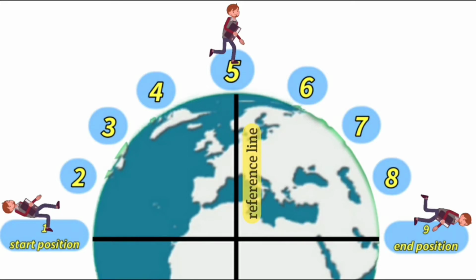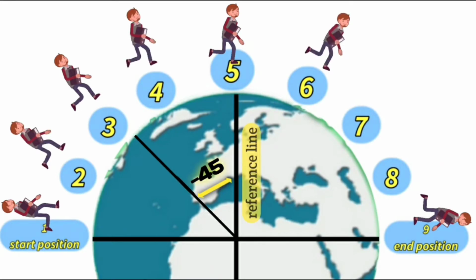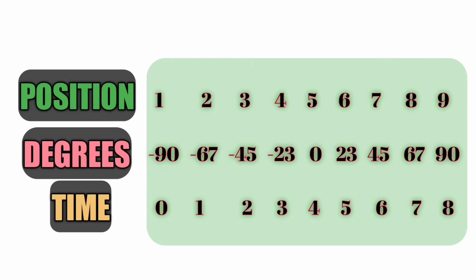Let me explain the rotation for point 3, which is in the middle of point 1 and point 5, and point 1 and point 5 have an angle of 90 degrees between them, so it will be divided by 2. Hence the rotation of point 3 is minus 45 degrees. Like this, we have to do the math and find the rotation of all the other points as well. You can see the rotation of other points on the screen and let me know if you have any questions on these in the comment section. So the calculation part is done and I promise there will be no more math from here on.